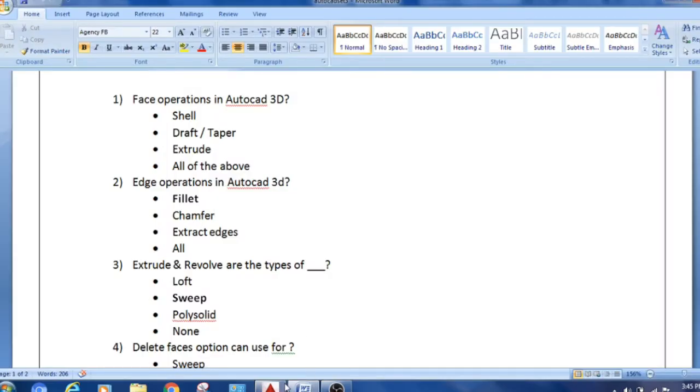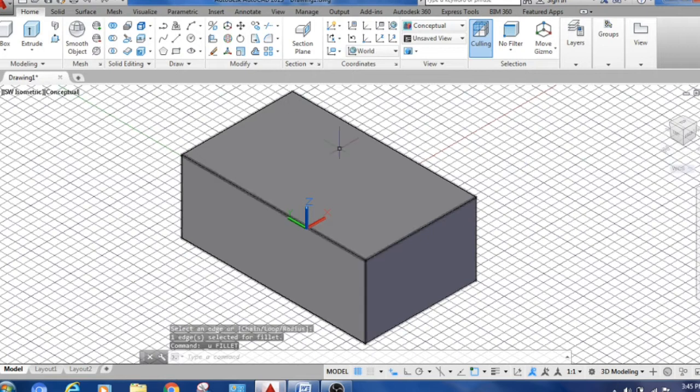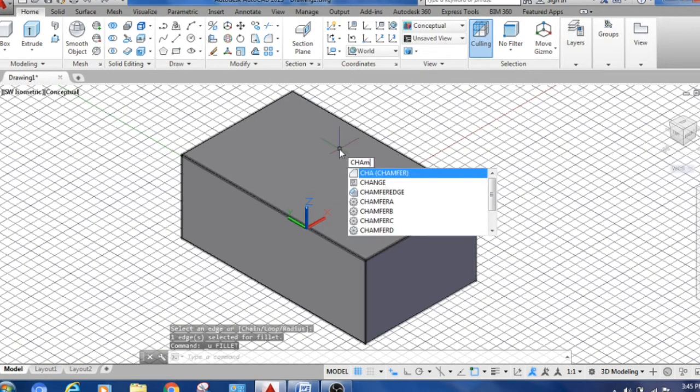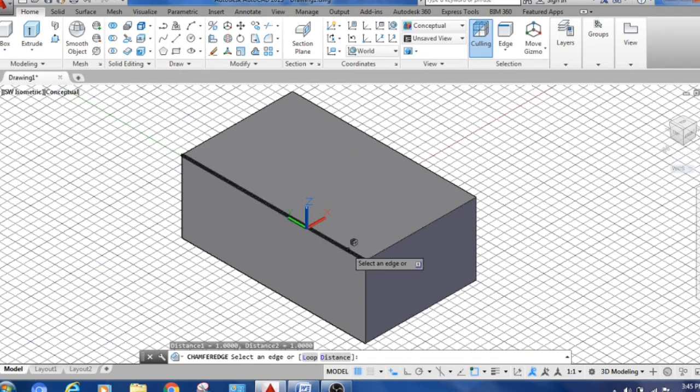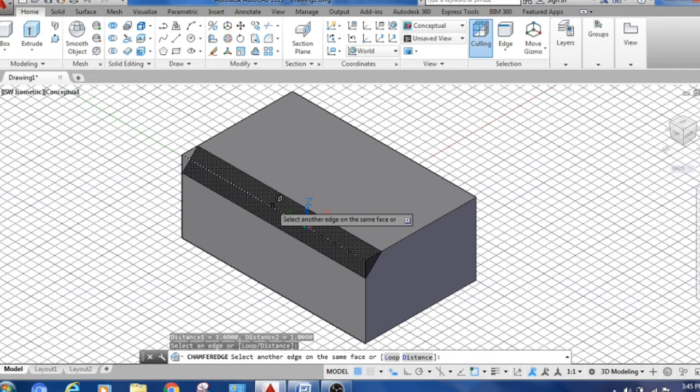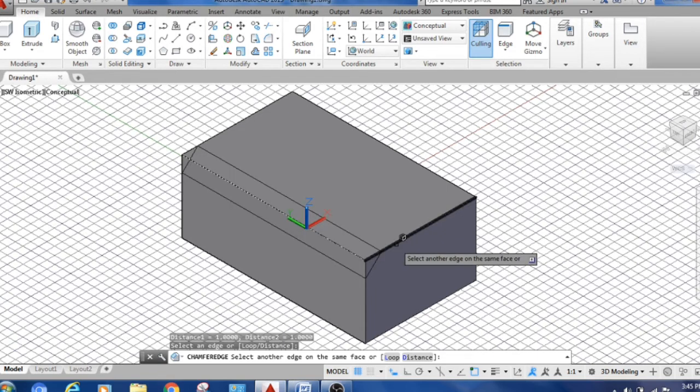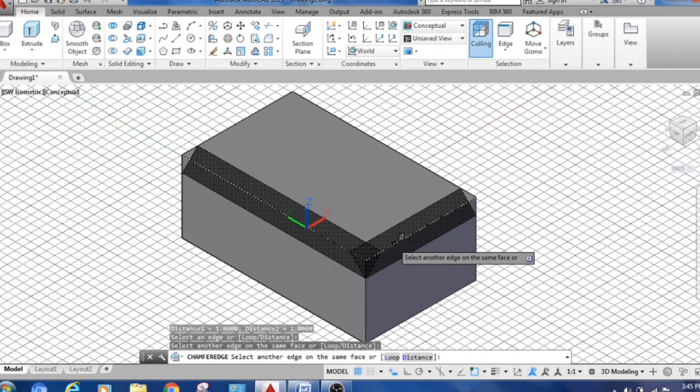And the next one is chamfer. So let us check in AutoCAD. You can just type chamfer and select the edge. Here also in the command bar you can see it is asking select the edge. Select the edge and select another edge.